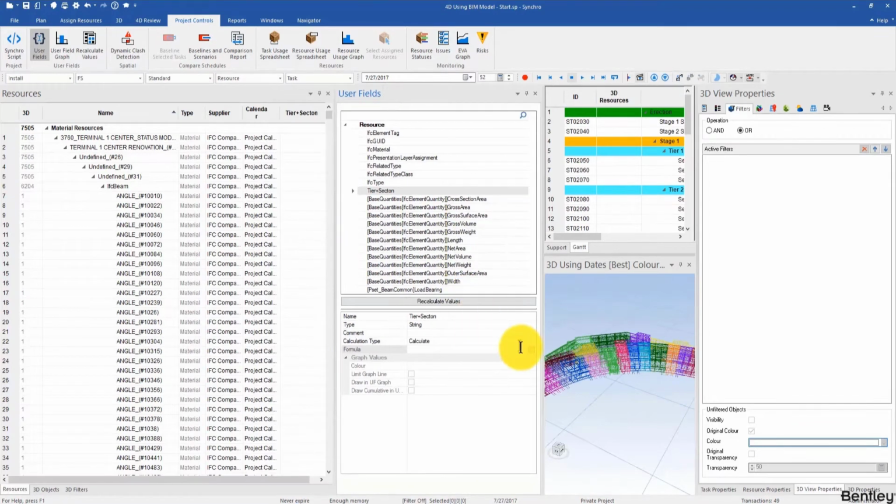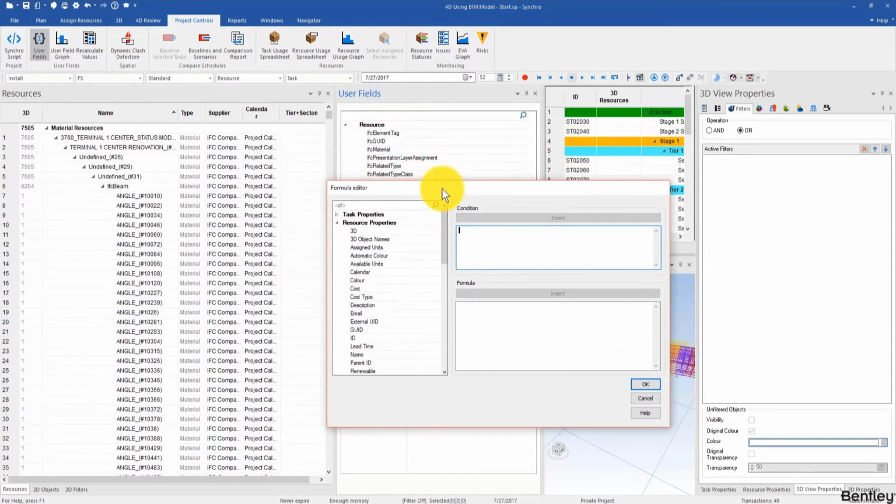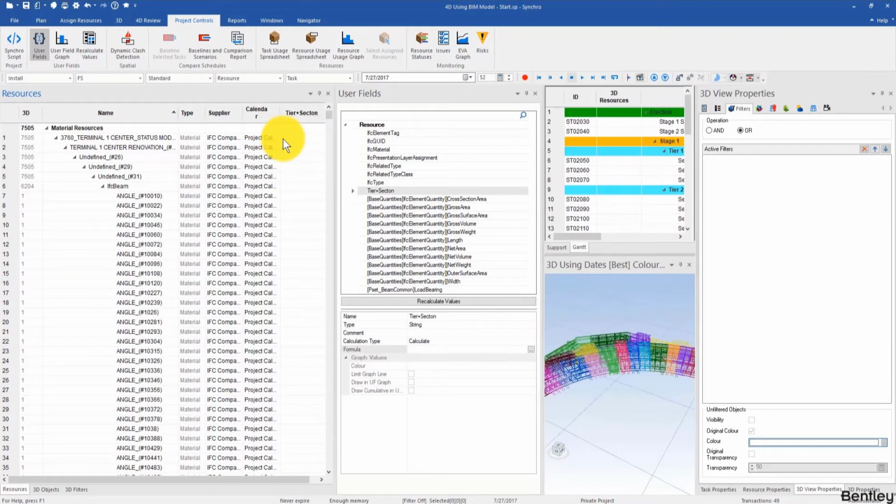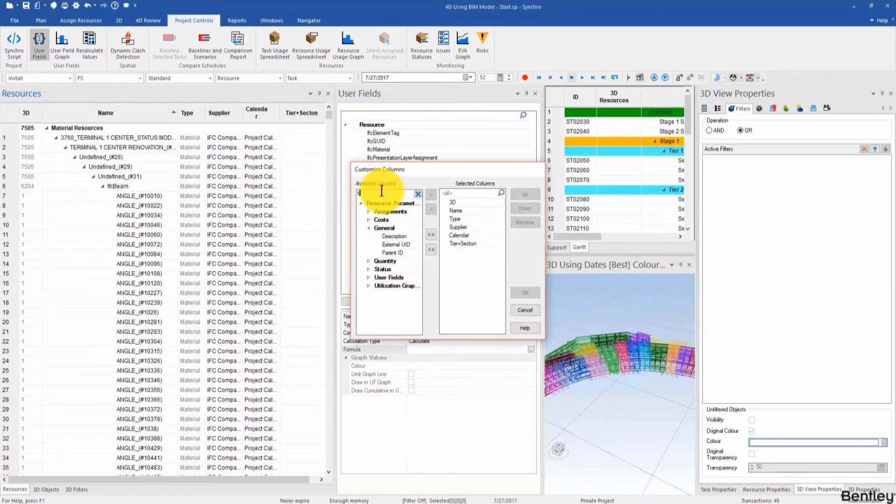Right now, if I go here and work on this, this is a whole new world to everybody, right? So in Formula Editor, what we want to achieve is that I want this tier plus section user field to become, for example, 1A. So, we already know that if I go to customize column and pull up tier and section,